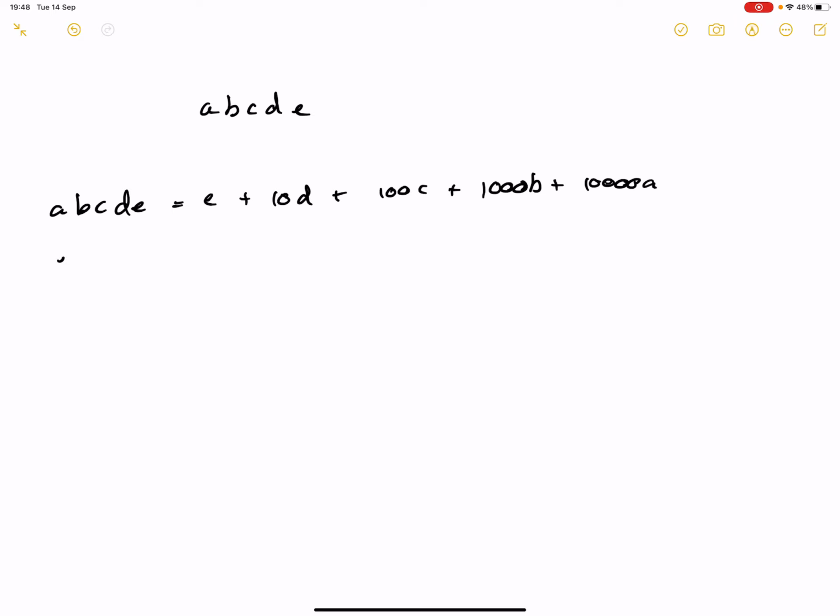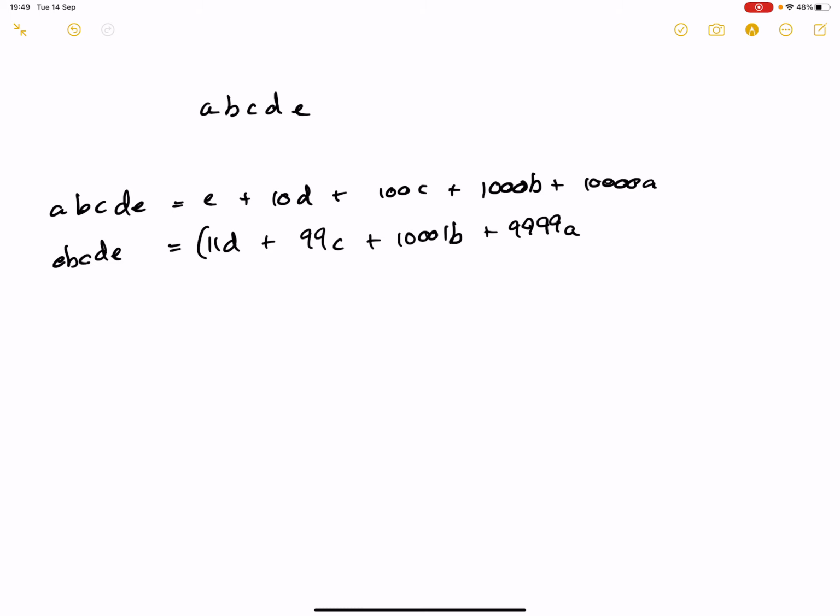Still familiar territory. So A, B, C, D, E is equal to 11D, plus 99C plus 1001B plus